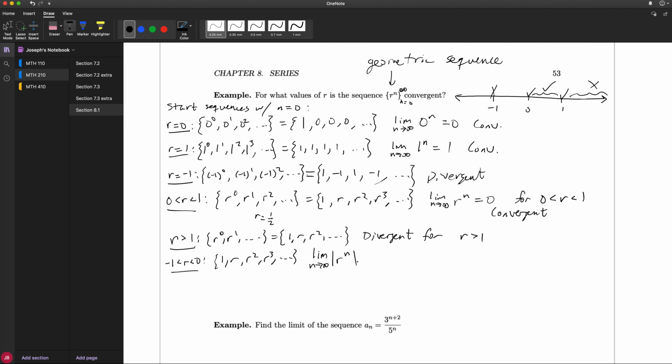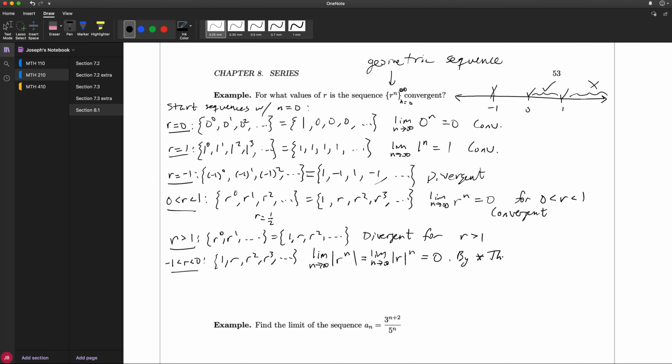When I take the limit of the absolute value, well, rules of absolute value say that this power can actually move out. So I get the limit as n goes to infinity of absolute value r to the n. And now look here. r is strictly between -1 and 0, so its absolute value is between 0 and 1, right? Well, when the value is between 0 and 1 and you raise it to the nth power, that limit goes to 0. So because absolute value r is now positive and between 0 and 1, this limit will be 0. But by star theorem,